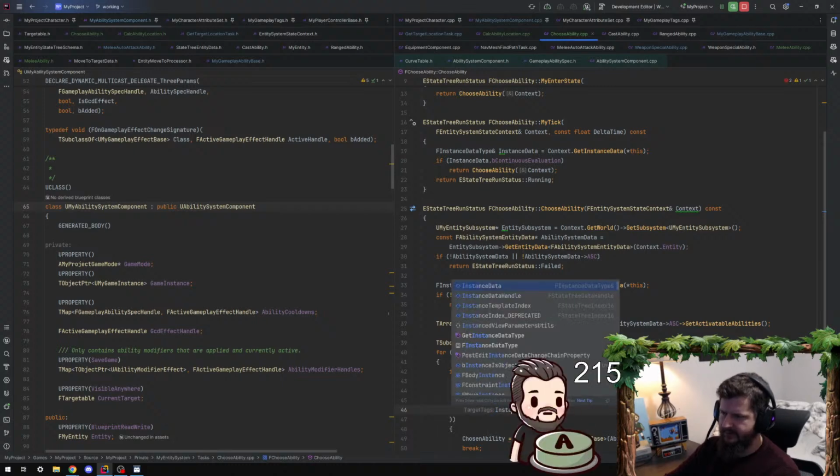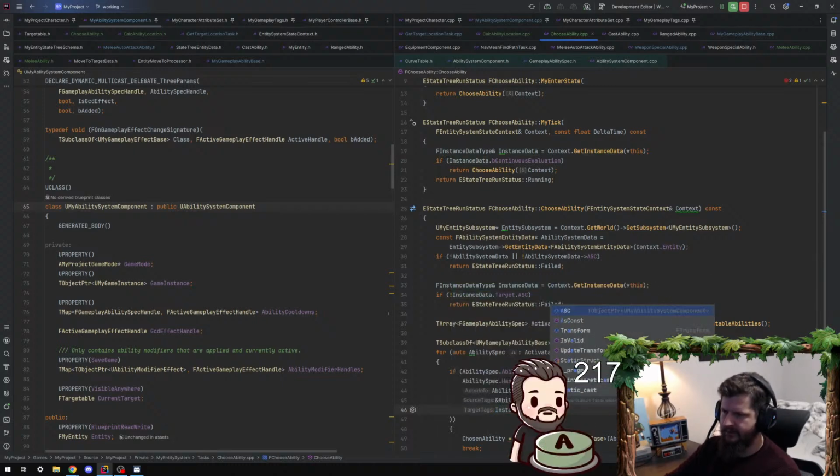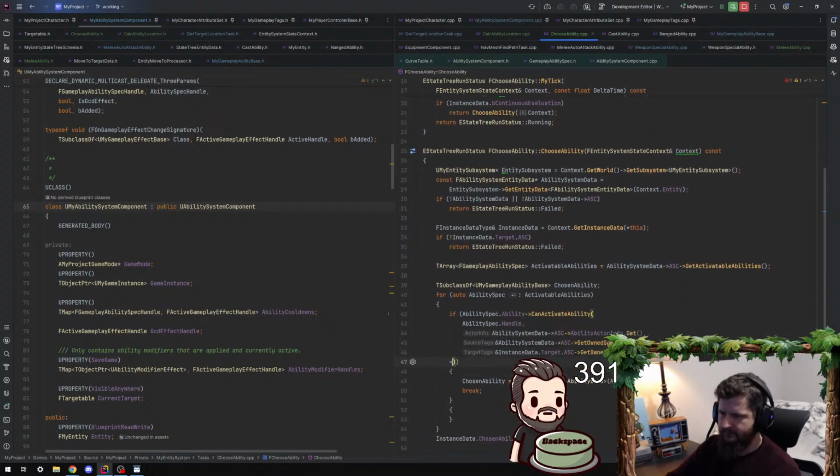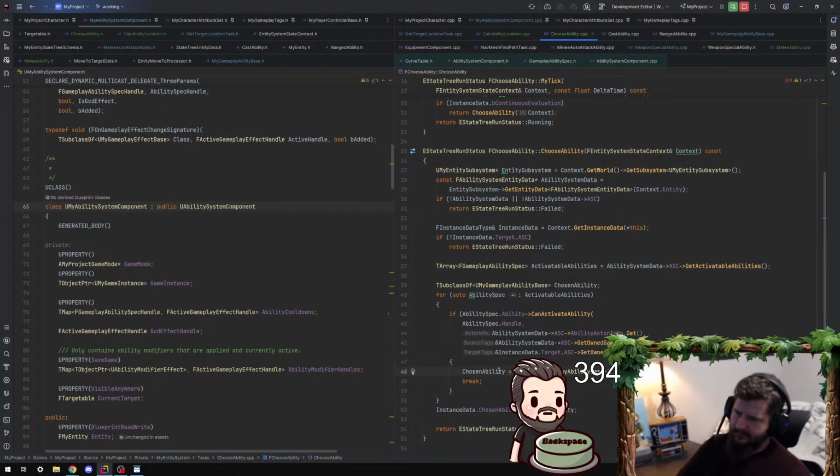So this will be instance data dot target ASC get owned gameplay tags. That'll need to be a pointer as well. Okay, so chosen ability,